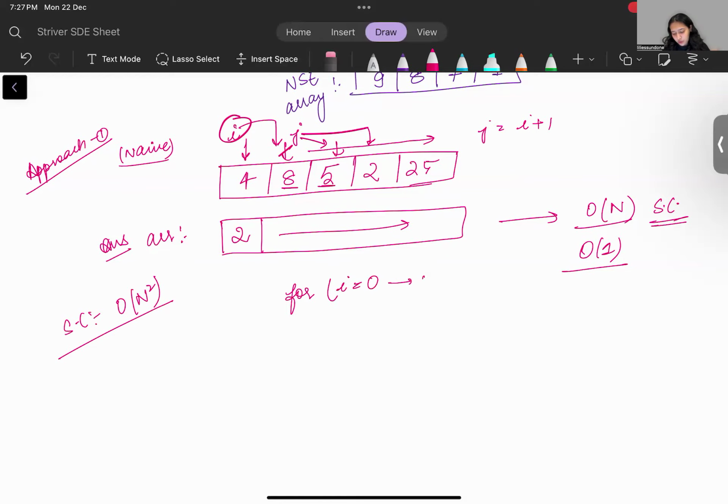One loop goes from 0 to n minus 1. Then you have a dependent loop that grows from j is i plus 1 to n minus 1. And here you do all the things and you break if your if condition holds true